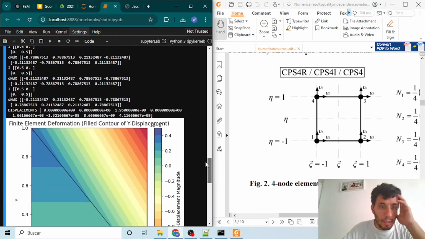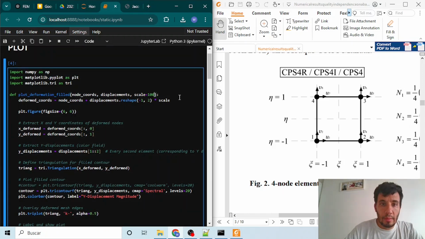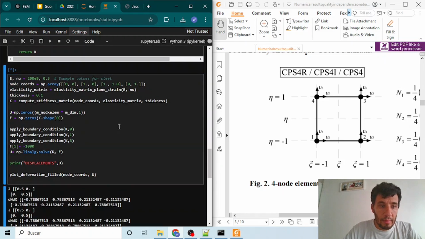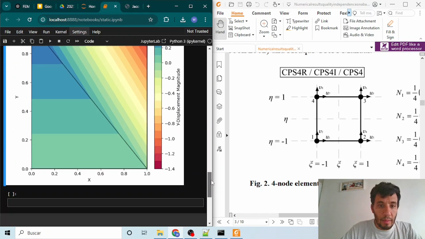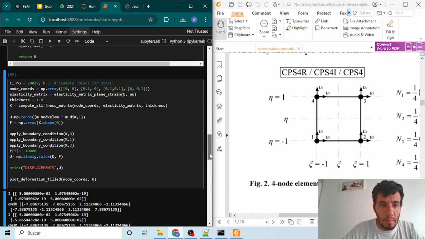We have here our displacement, but since it is so little, we can put some other default scale to deform it. We can change our coordinates to be different square dimensions in order to see how our results are changing.